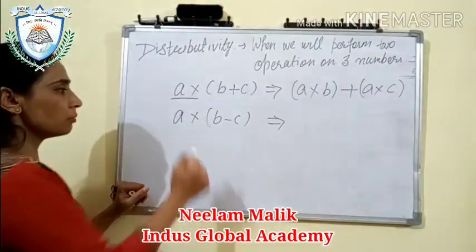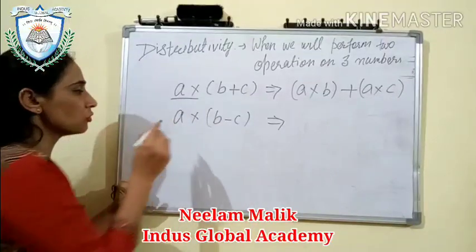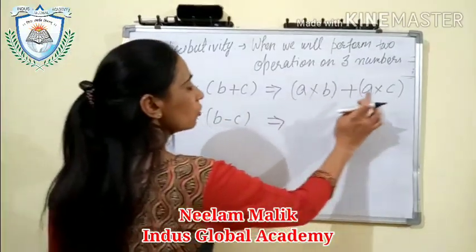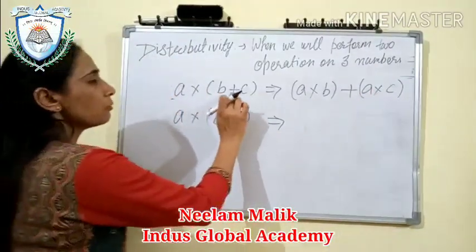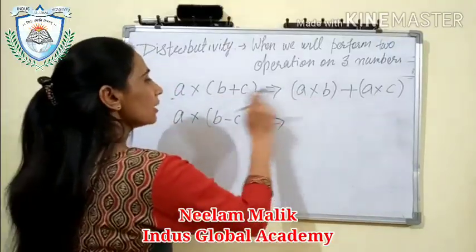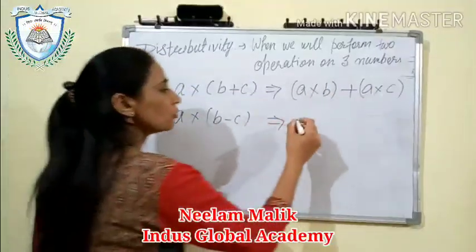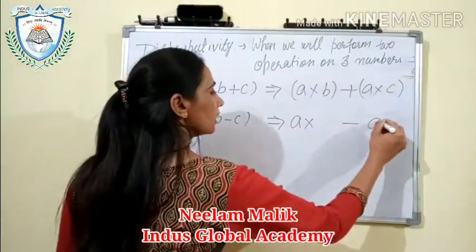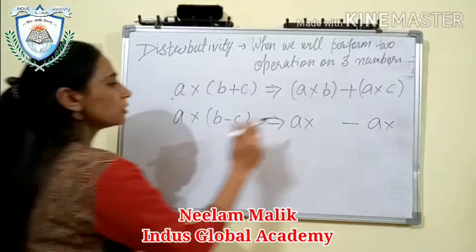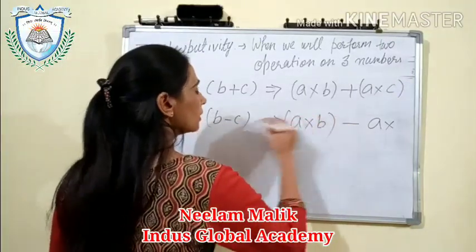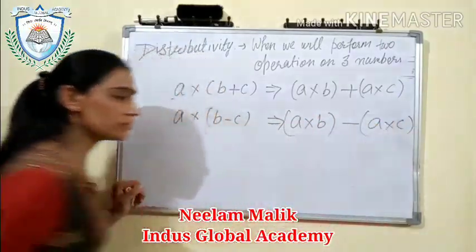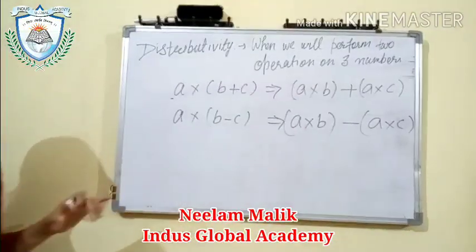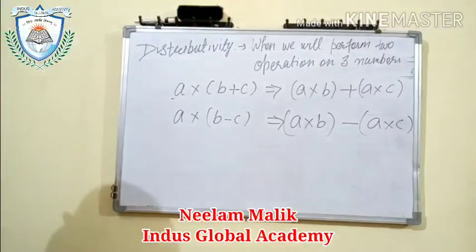Here next is A multiply B minus C. So first, what you have done in the plus, you have written this A into two times, and then plus sign in between, and this number here and that number there. So here you will do A multiply, then what will be sign? Minus, again A multiply. So what will be first number? B. B will come here, and then C will go there. Okay. So this is your formula that you will use in distributive law.